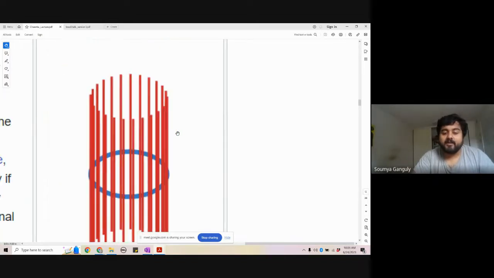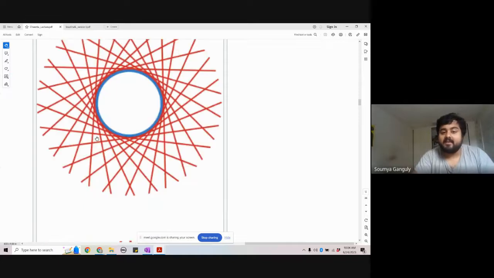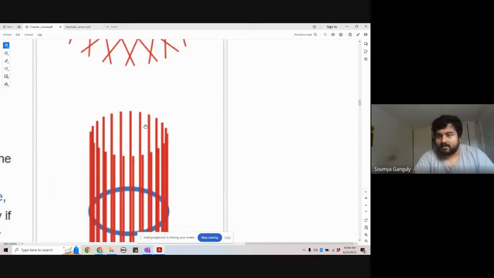And another very good example to visualize is this. Suppose you have another circle. You can draw the tangent space in a different way. Suppose you are embedding the circle in R3 now, and then you can think of the tangent lines to be perpendicular. I mean, these are also tangent lines, right? These vertical red lines are also tangent lines to the circle if you are embedding the circle in R3. In that case, all these tangent lines, if you draw them around the circle, will make a cylinder. And that cylinder is basically the tangent bundle of the circle. Here we had the tangent bundle in R2. Here we have a tangent bundle in R3.